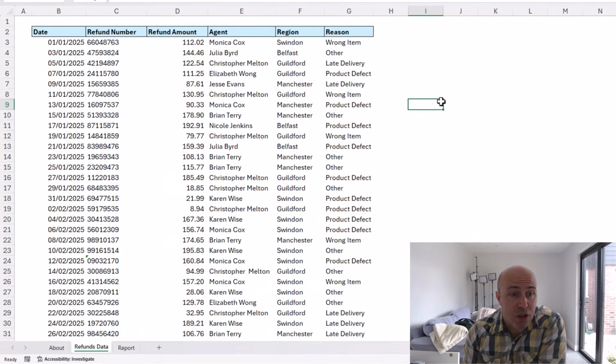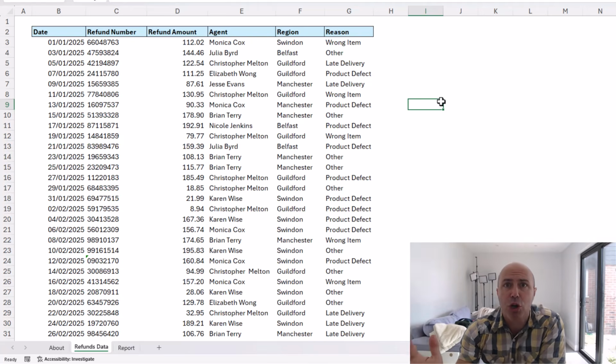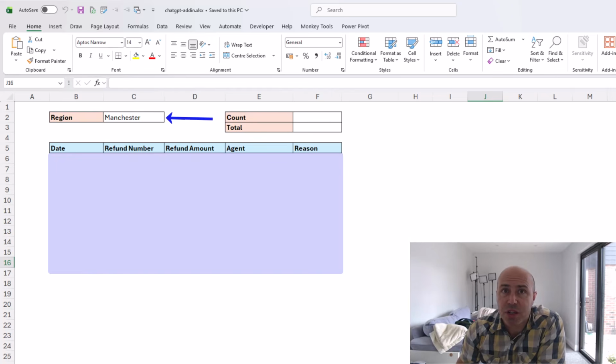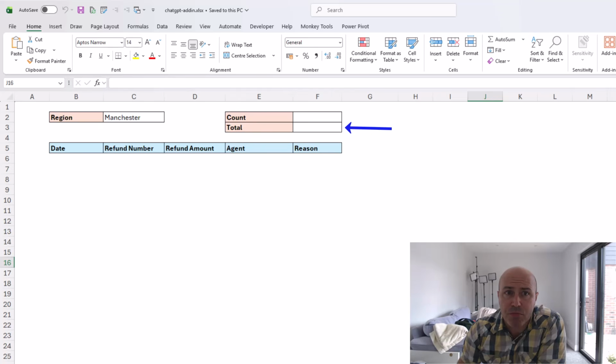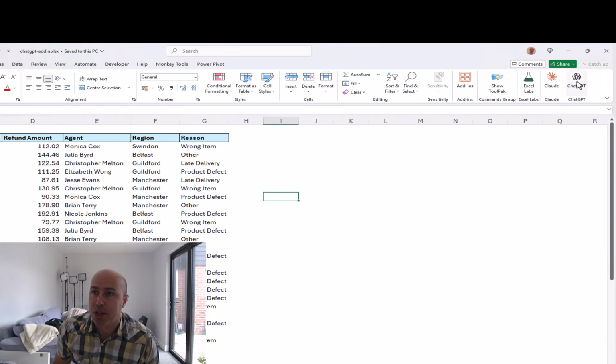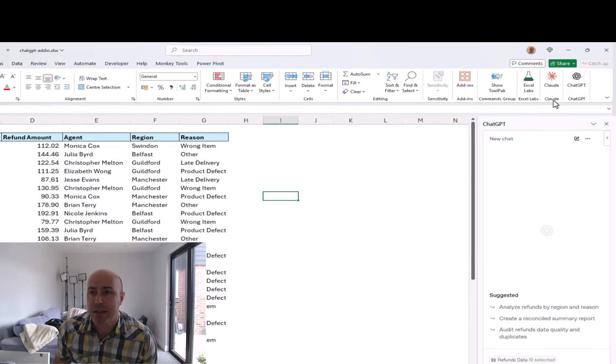Let's do our first example, and I have a table here named TBL refunds. Looks good, doesn't it? We want to produce a little report from it, showing the rows for a given region and the sum of the refunds from there and the count, and a little more. But before we go and write our formulas or create our pivot tables, let's use ChatGPT to quickly check our data quality. So I'll click on ChatGPT on my ribbon, and this will open the ChatGPT pane, which I can